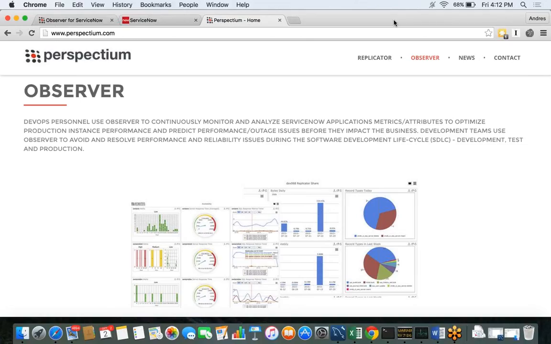So the Observer application is a web-based performance monitoring application that collects large amounts of data points from ServiceNow over time. These data points have been categorized into 95 out-of-the-box performance metrics that we provide you. The performance metrics provide insight into ServiceNow performance and trends that lead to performance degradation, which will eventually create an